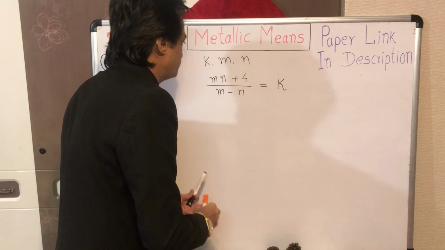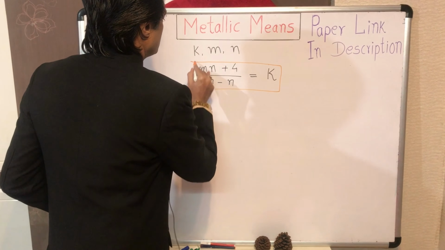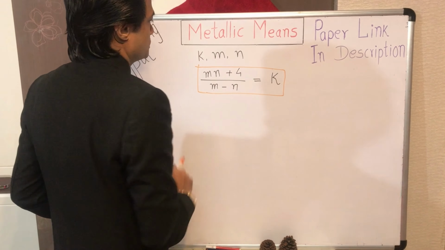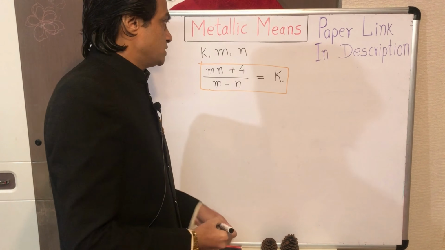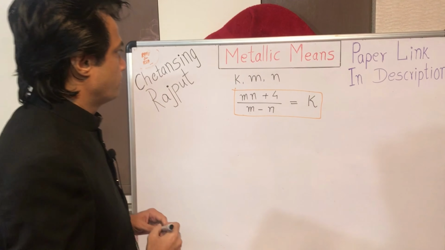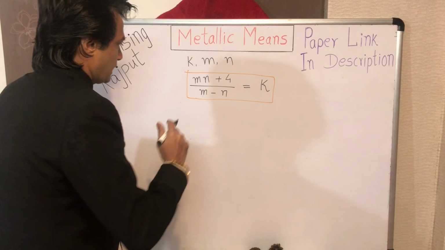This is the only prerequisite: the product of two integers plus 4, upon the difference between those two integers, precisely equals the third integer. If this condition is satisfied, then we get a precise formula like